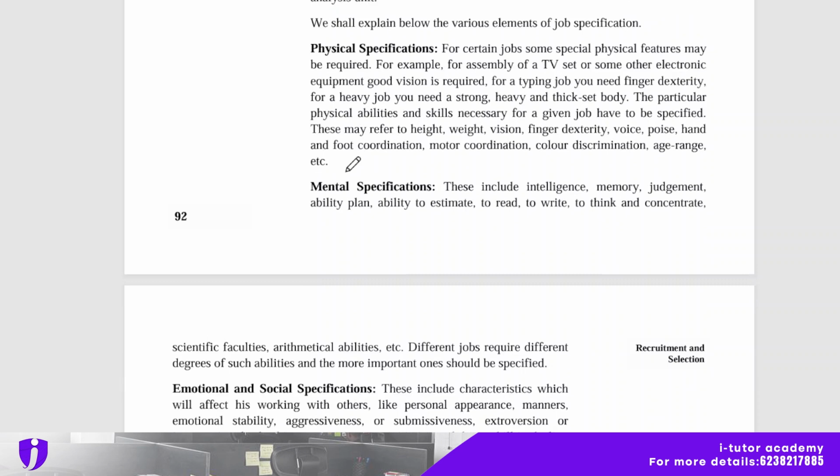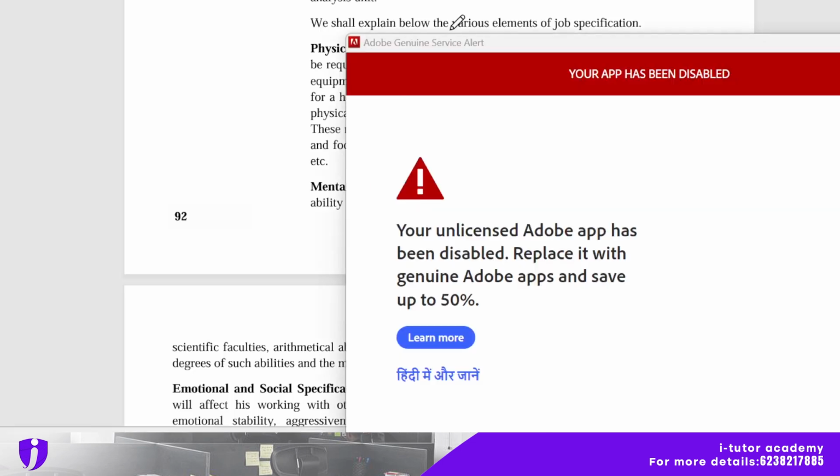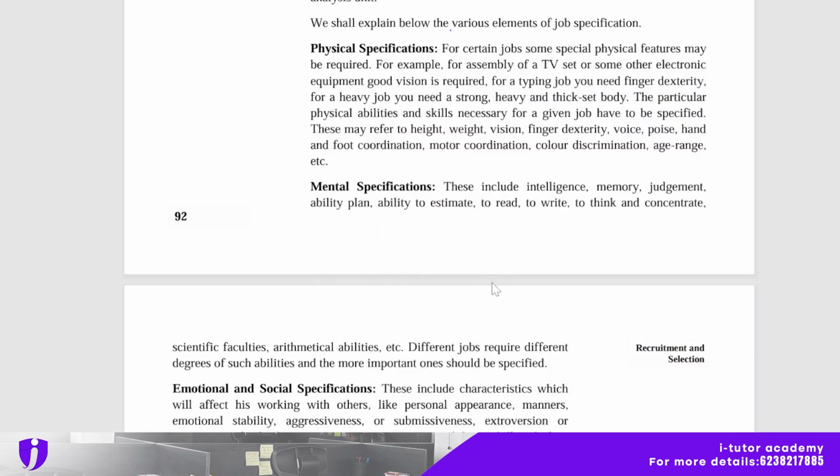First of all, there is a physical specification. For certain jobs, some special physical features may be required. For example, for assembly of a TV set or some other electronic equipment, good vision is required. For a typing job, you need finger dexterity. For a heavy job, you need a strong, heavy and thick set body. The particular physical abilities and skills necessary for a given job have to be specified. These may refer to height, weight, vision, finger dexterity and voice, poise, hand and foot coordination, motor coordination, color discrimination,